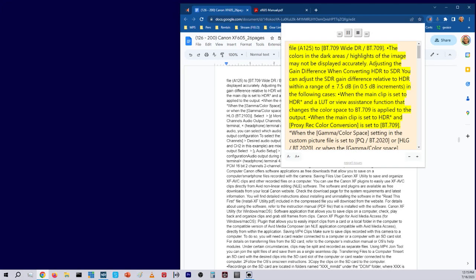Adjusting the gain difference when converting HDR to SDR. You can adjust the SDR gain difference relative to HDR within a range of plus or minus 7.5 dB, in 0.5 dB increments, in the following cases: when the main clip is set to HDR and a LUT or view assistance function that changes the color space to BT.709 is applied to the output; when the main clip is set to HDR and proxy rec color conversion is set to BT.709;